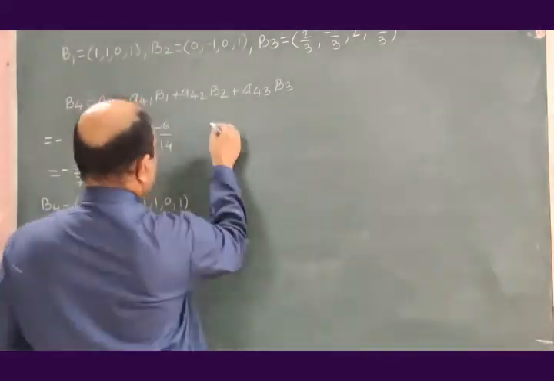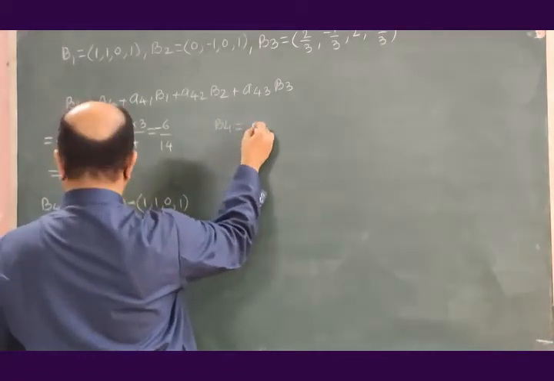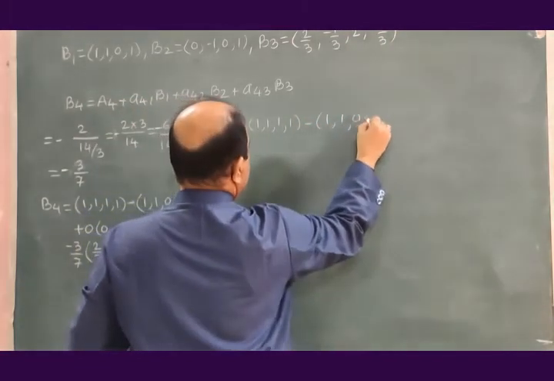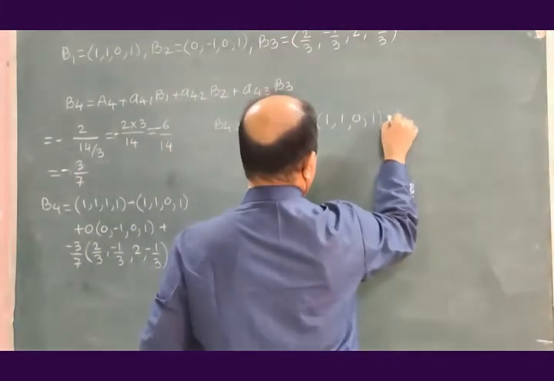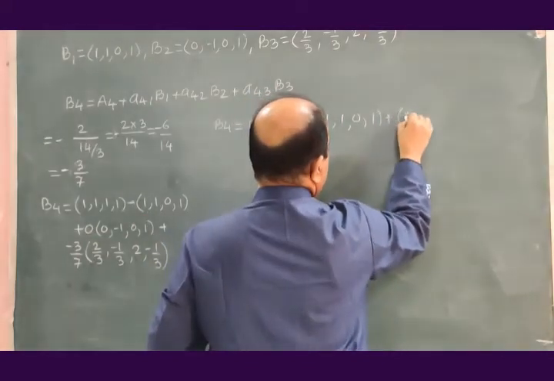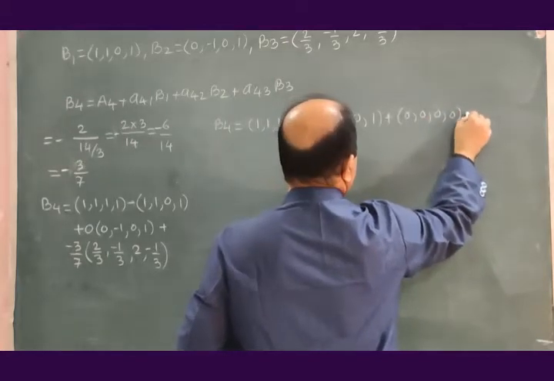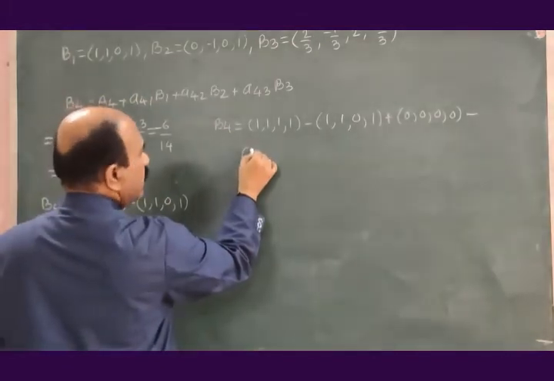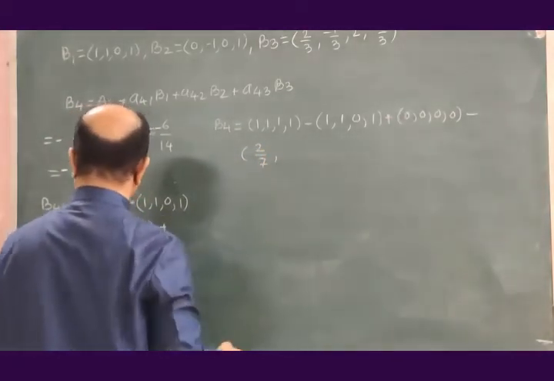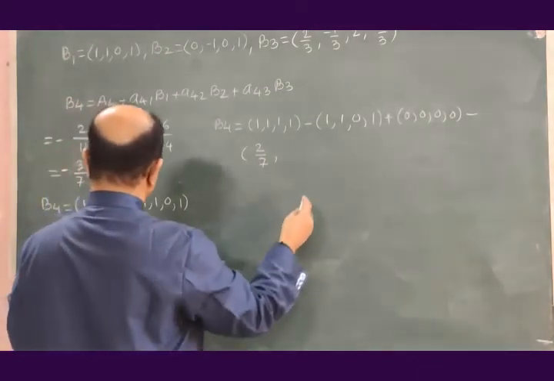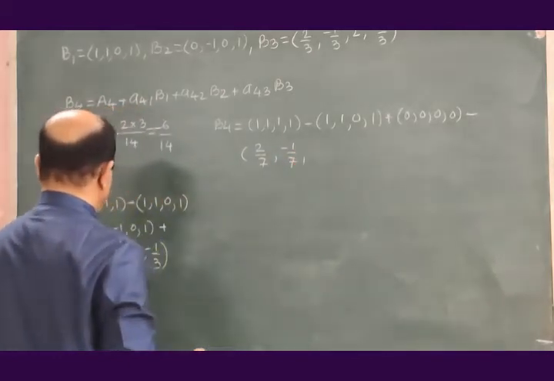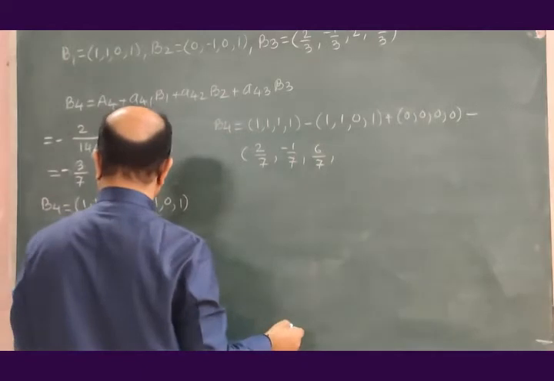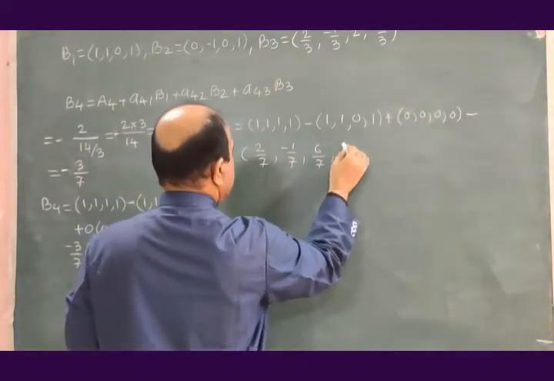And this will be what? B4 is equal to 1 1 1 1 minus 1 1 0 1 plus 0 multiplied by all this will be simply 0 0 0 0 minus, this is now 3 get cancel, it will be 2 by 7 comma 3 get cancel, it will be 1 minus 1 by 7 comma this will be 3 2s are 6 divided by 7 comma this will be just 1 minus 1 divided by 7,